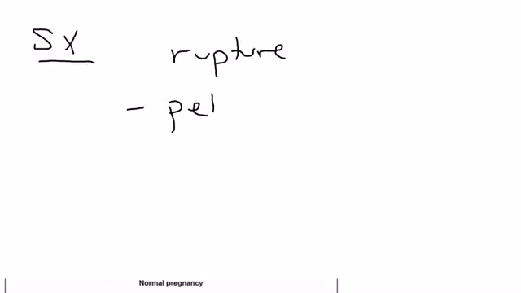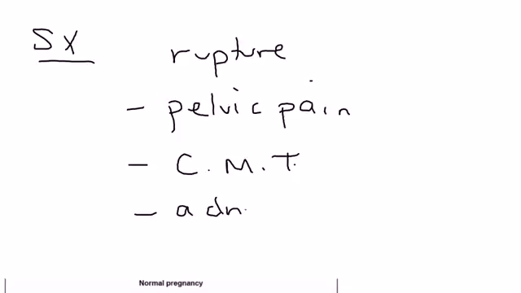So let's talk about the symptoms. Well, most of the time when a woman has an ectopic pregnancy, there are no symptoms until the rupture occurs, and the symptoms vary. But if there is a rupture, the symptoms will include pelvic pain. They can include cervical motion tenderness, CMT, adnexal tenderness,